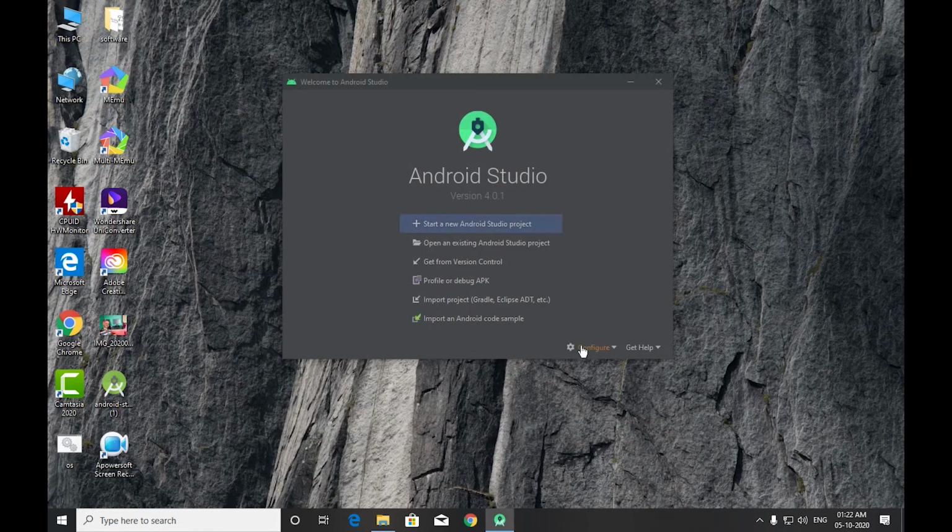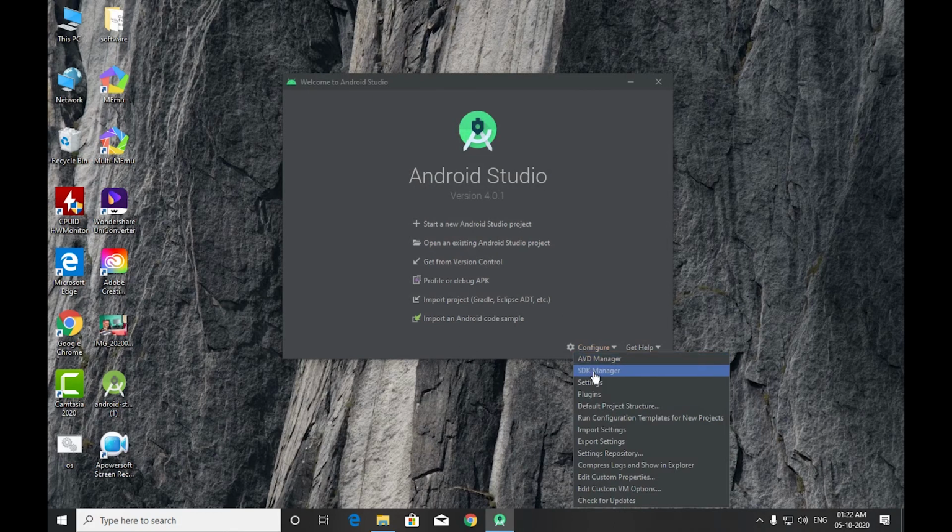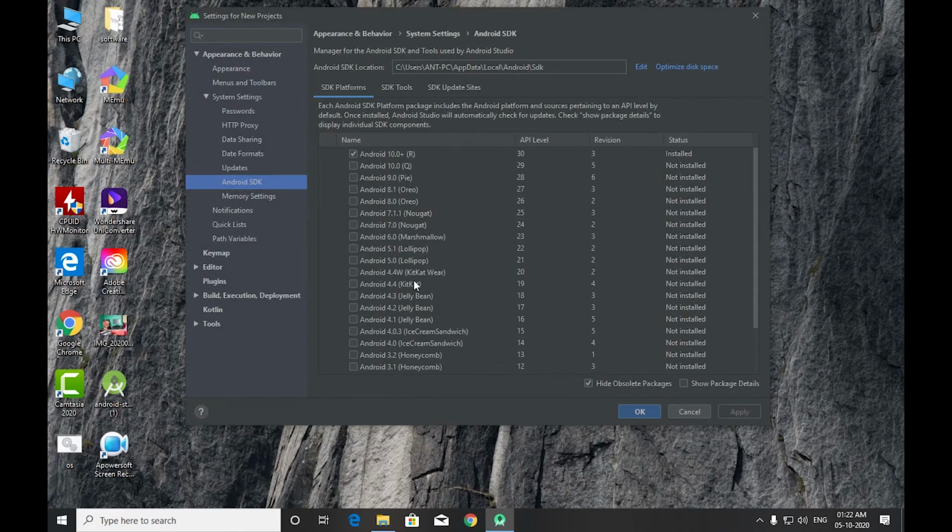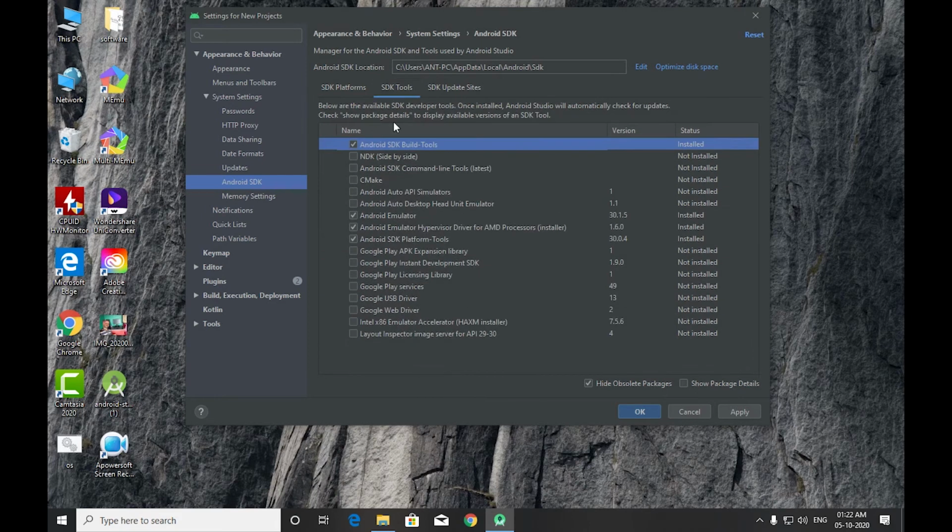So first we need to set up our Android Studio. Just follow the steps behind me and you will understand what you need to install when you first try to install Android Studio. SDK tools are very important for Android Studio. Just click on the link.